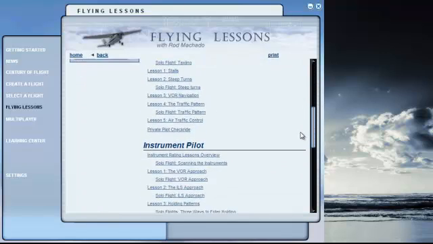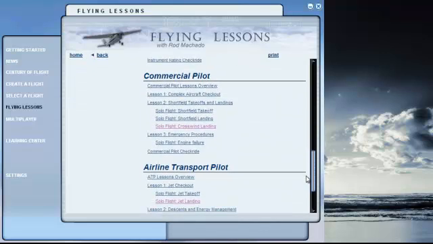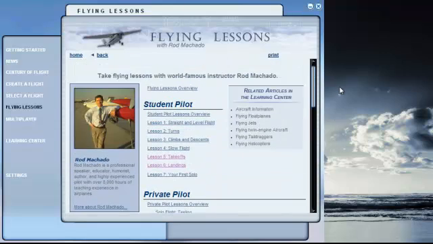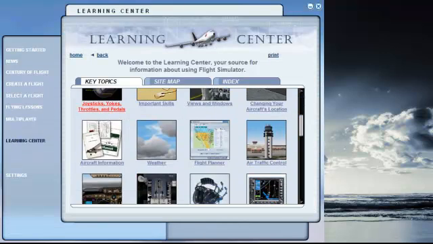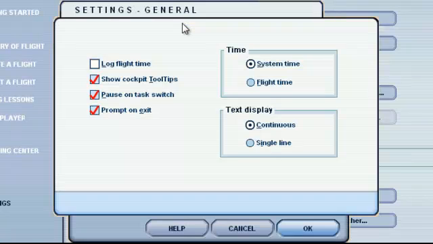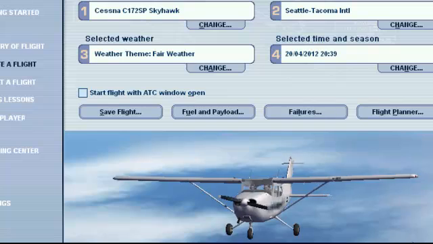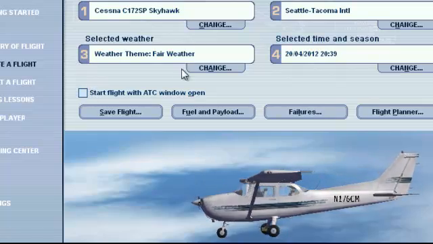Okay, yeah, so you can have all these lessons: private pilot, instrument pilot, commercial pilot, airline transport pilot, student, which is you're flying in a 182 Cessna. You just do all this. Settings, you can change all your settings, say sound, everything seems to be alright. Display, yeah, that's alright. General, yeah. Everything is great. Okay. So, yeah. What I will be doing is...